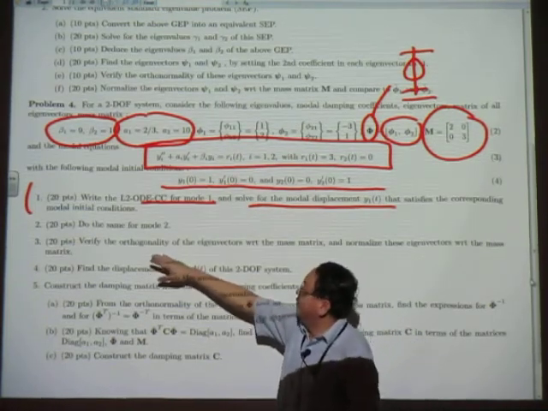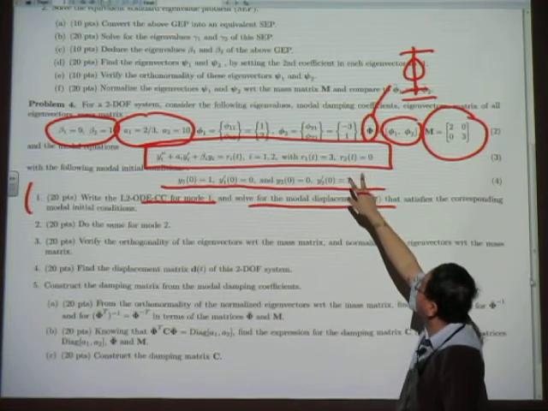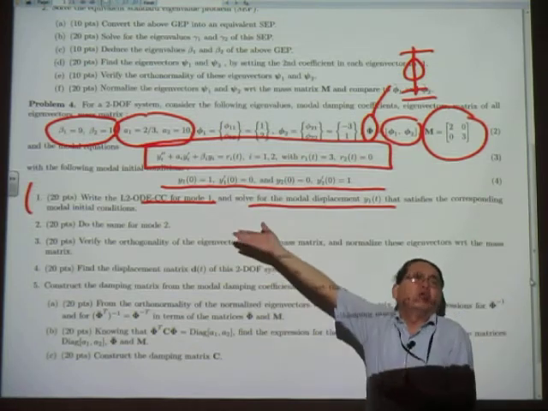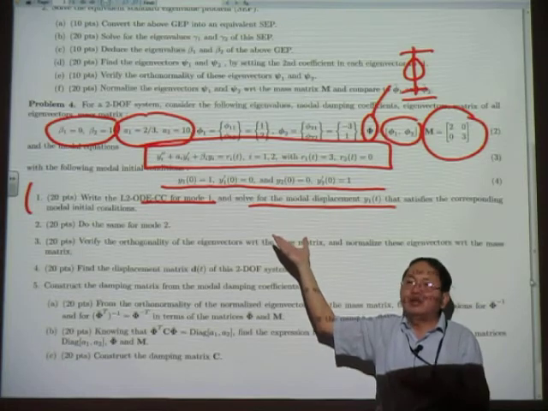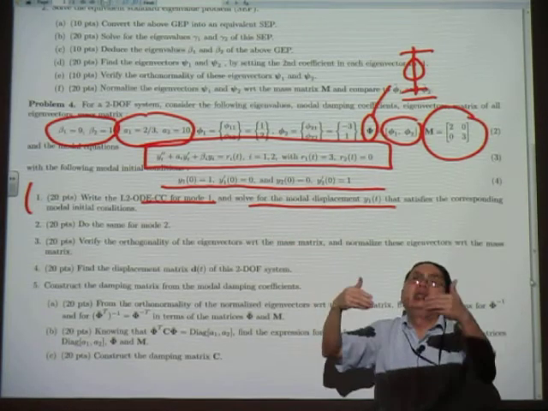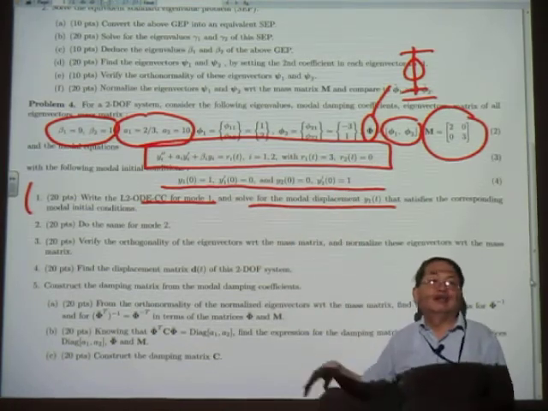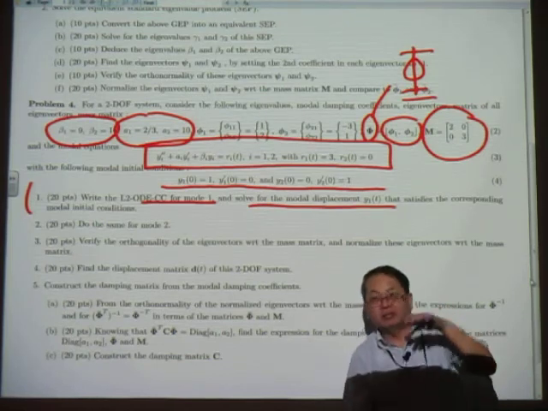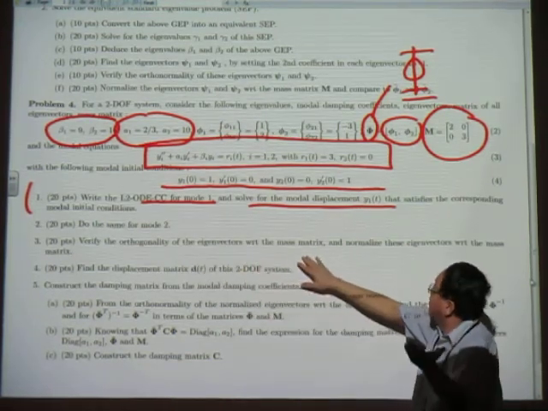Question 3. Verify orthogonality of the eigenvectors with respect to the mass matrix. The eigenvectors are given, because you see, I decoupled the two problems. Essentially, I solved the generalized eigenvalue problem for you, and it gives you the eigenvalues and the eigenvectors. So all you need to do is complete the second part. And so this question 3 here is what we just did,